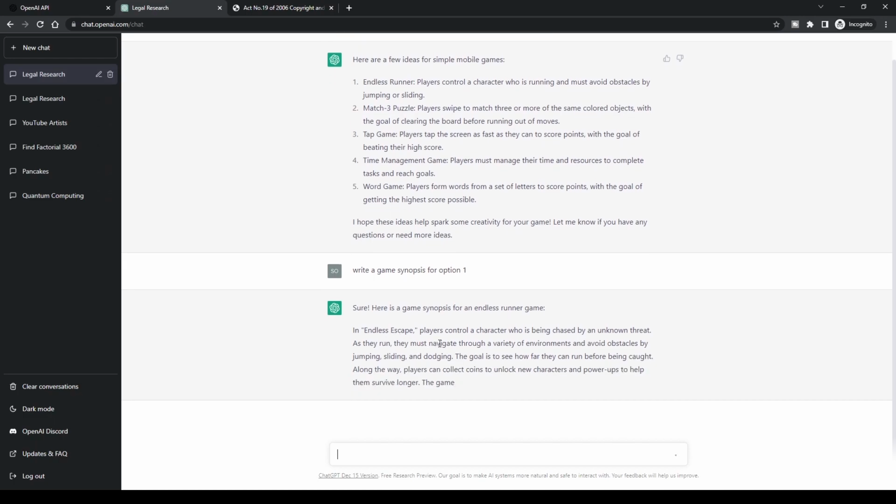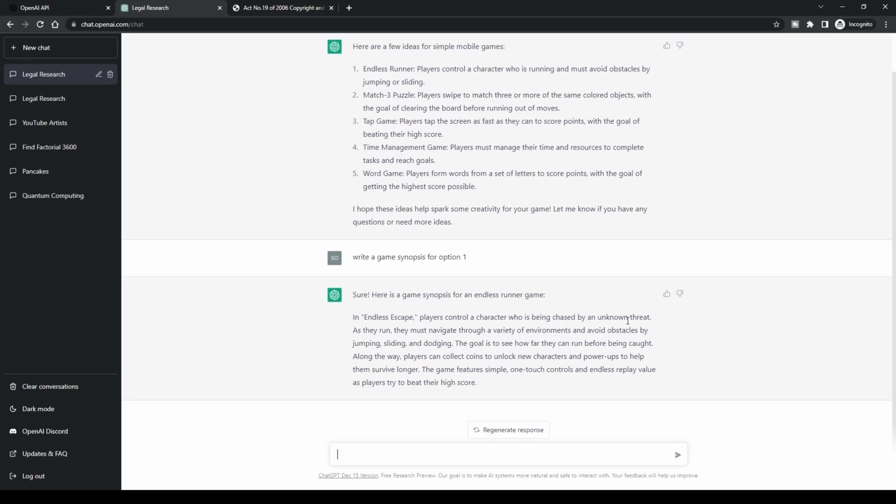In Endless Escape, it has even given it a name. Players must control a character who's being chased by an unknown threat. As they run, they must navigate through a variety of environments and avoid obstacles by jumping, sliding, and dodging. The goal is to see how far they can run before being caught. Along the way, players can collect coins, etc. Okay, so